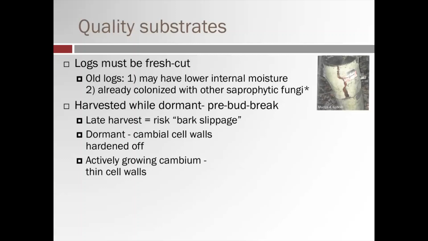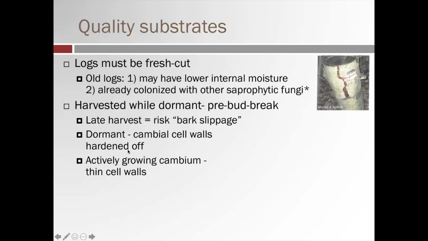Typically, you want to harvest while trees are dormant. So this is before bud break in the spring. So right now we'd be a little late to be harvesting. The risk of having a late harvest is this phenomenon called bark slippage, which is illustrated right here on, I think that's a beech tree actually,